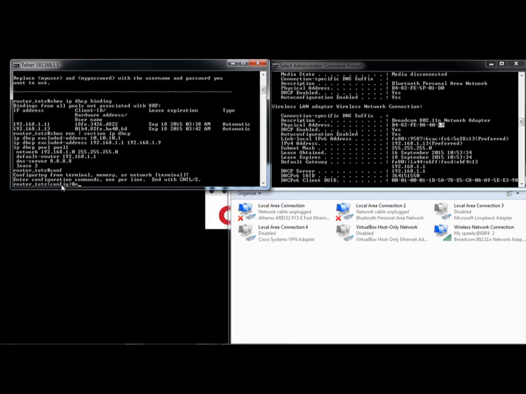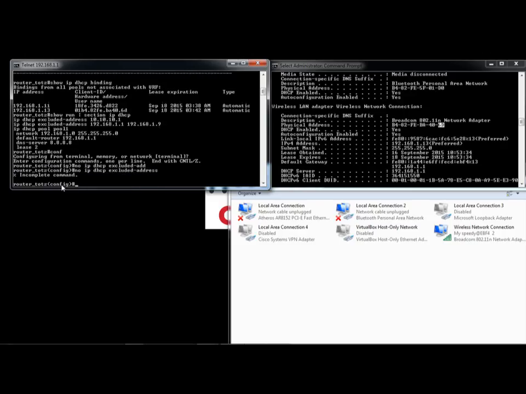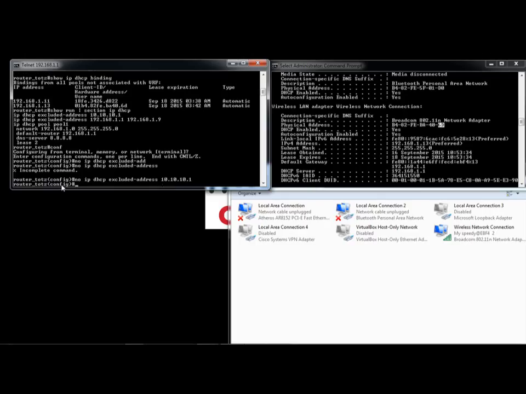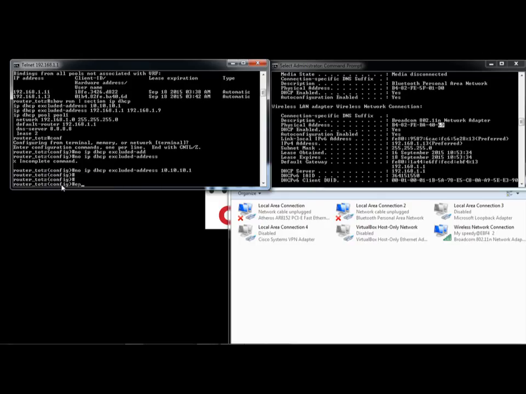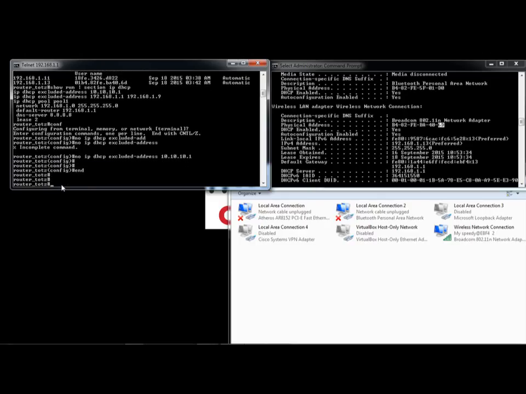We can erase that with no ip dhcp excluded-address. In the complete command you need to add 10.10.10.1. Okay, and show run pipe section ip dhcp again.